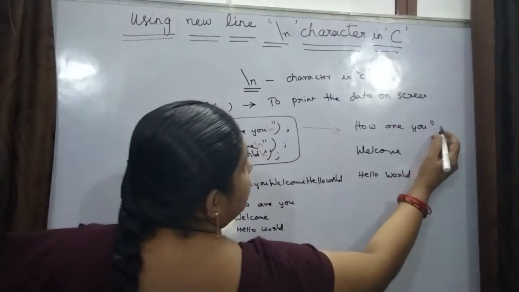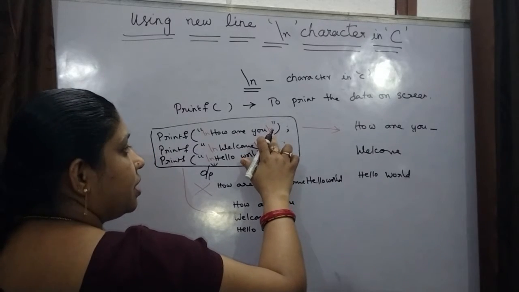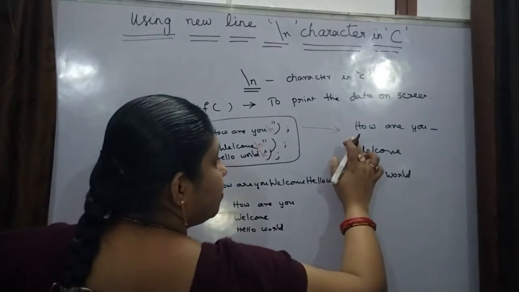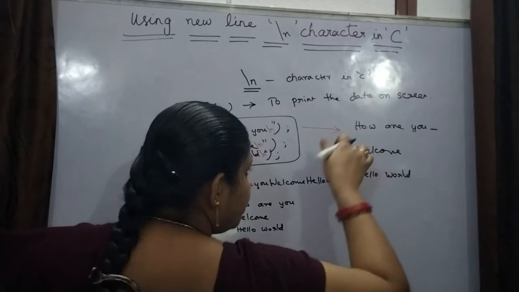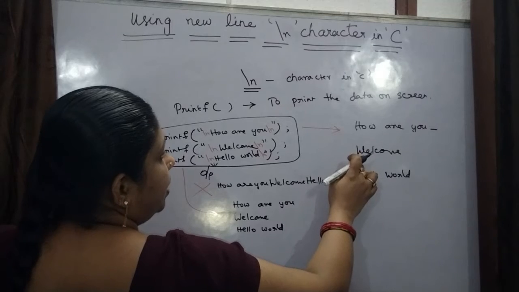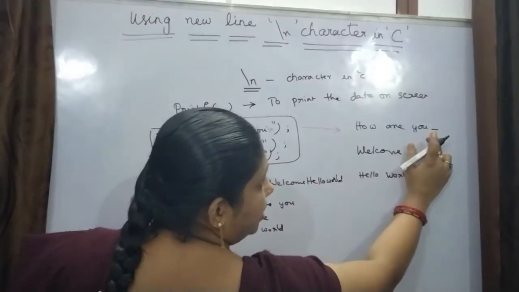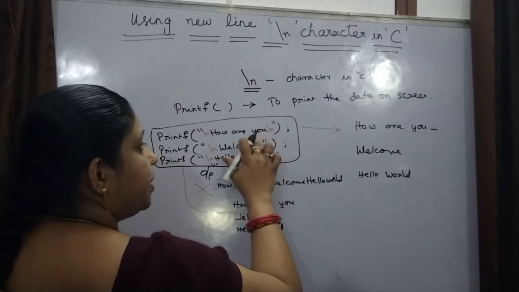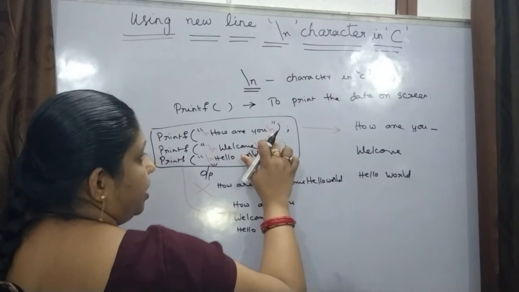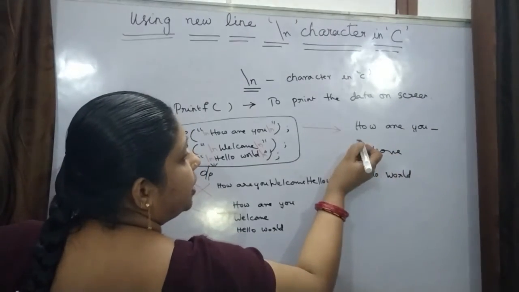Then what happens? The cursor starts blinking here, and the moment it executes this \n, the cursor leaves one sentence and comes to the next one. Okay, it sees this and comes to the next one. There, when the cursor comes here, it will print the how are you, and the cursor is executing this new line character. When it comes to this, the cursor comes from here to here.